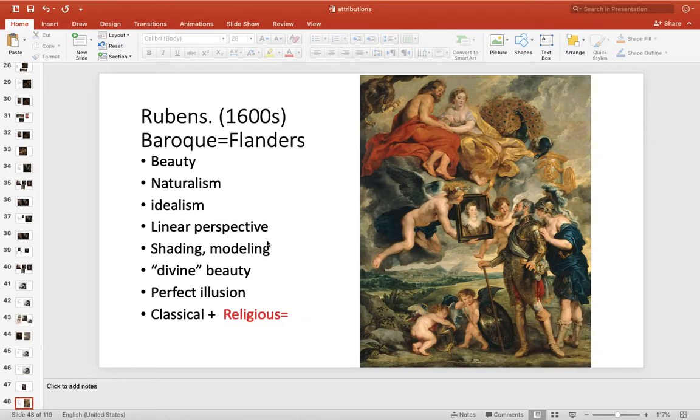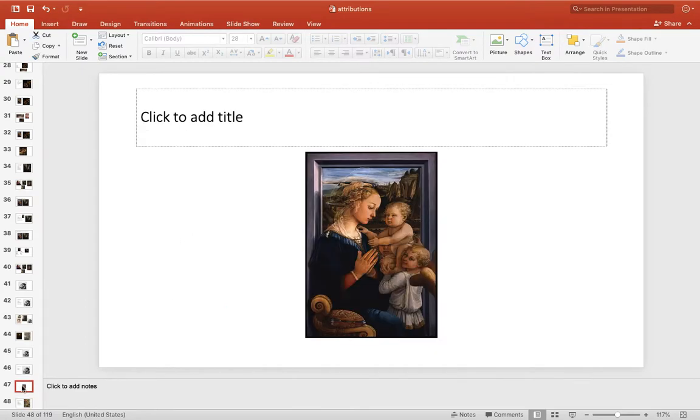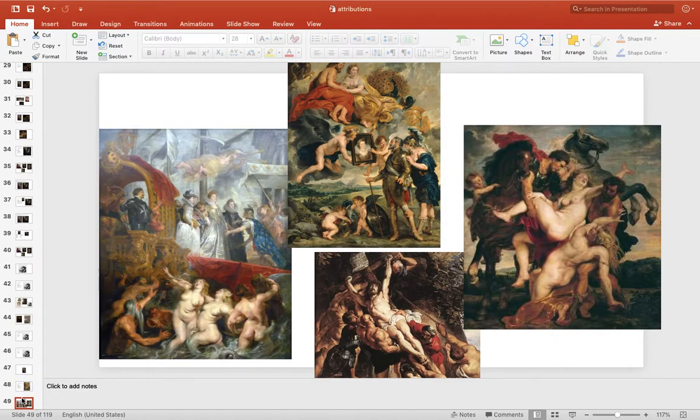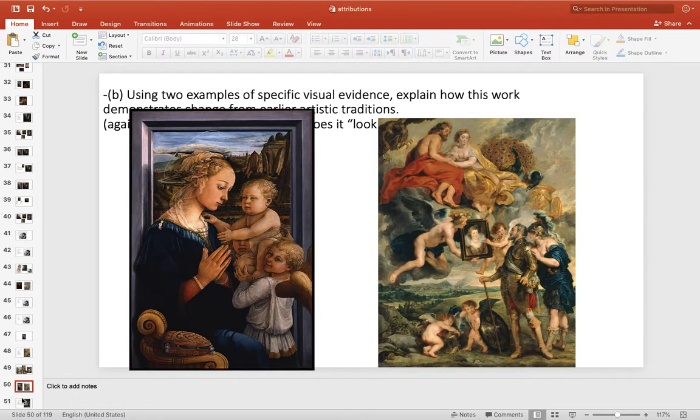Okay, this is Rubens, 1600s, Flanders. He has everything of the North. It's beautiful, naturalism, idealism, linear perspective, shading, modeling, divine beauty, perfect illusion, classical, religious. Yes, lots of classical here. Here there's the gods of the Greeks here. But what's different about him is, let's see here. What's different is